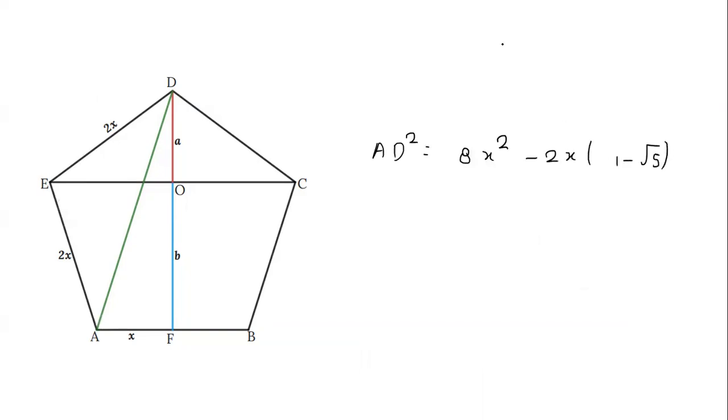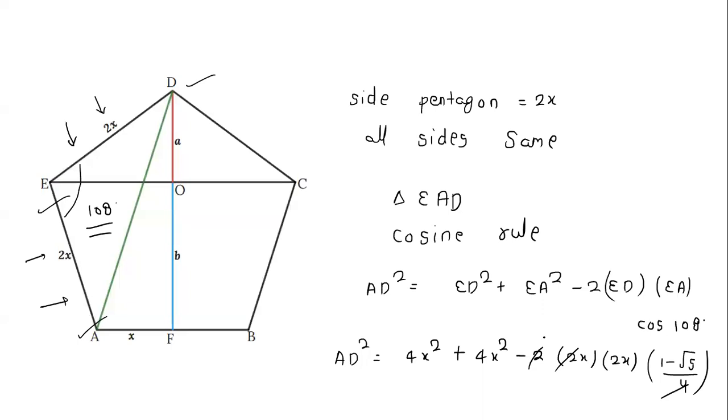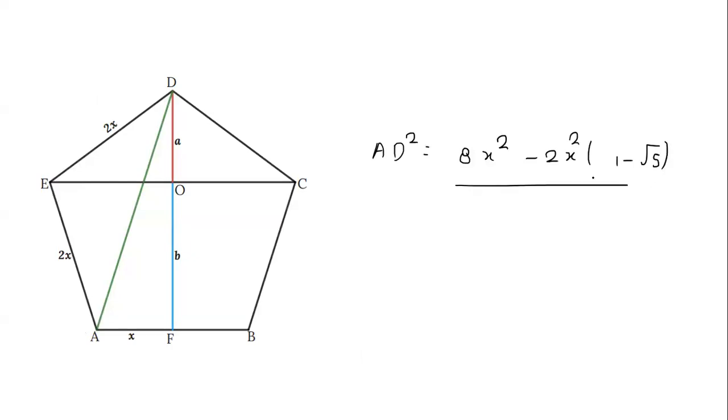So actually it is x multiplied by x, so here it will come as x square. So AD square is simply 6x square plus 2 root 5